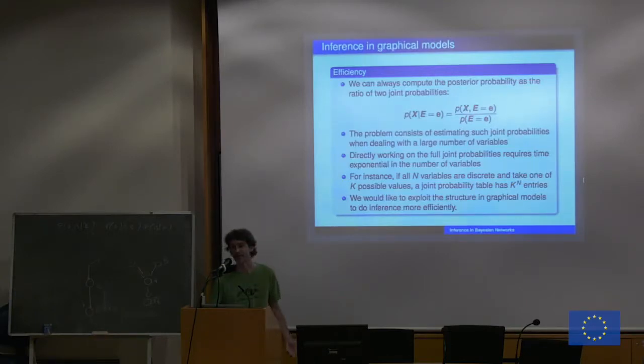The probability of evidence is very simple to compute because once you have the joint, you just sum up over X and you get the evidence. So when you have the numerator, the denominator is simple. Now, this is a joint probability in your network. Maybe X can be a few variables or the entire set of variables, and E is the evidence. So you could take the joint probability, put in the values of the variables that you know, the evidence, and compute the joint probability. But the problem is that,